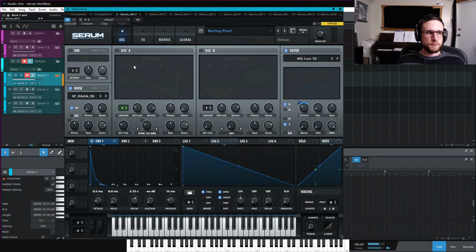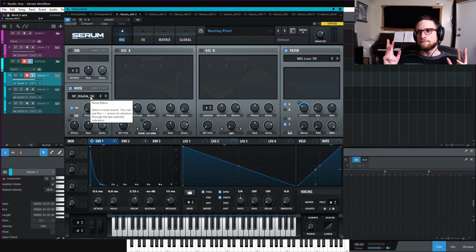Okay, so now, just to reiterate, the whole point of what we're doing here is to get a more realistic attack on our sound by subtle variations in where the sample is starting, subtle variations in the pitch of the sample. And this is part of this whole overarching philosophy of listening very closely to the way that real things work, real instruments and real mediums,